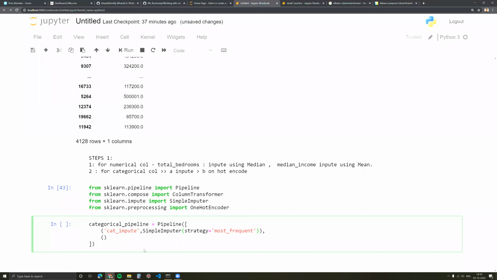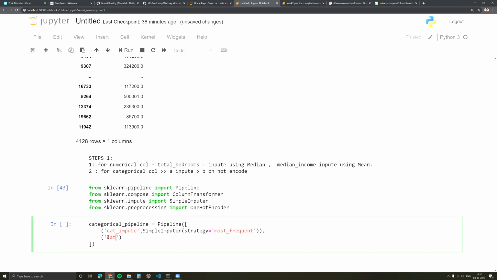Okay, I want to use a simple imputer. I am calling it categorical impute. And then I need to put a column to it. What is it that I want to fit it on? Or in fact, I'll put it later, because all of these have to go into one category. When I'm putting this into the broader pipeline, I'll put it there.